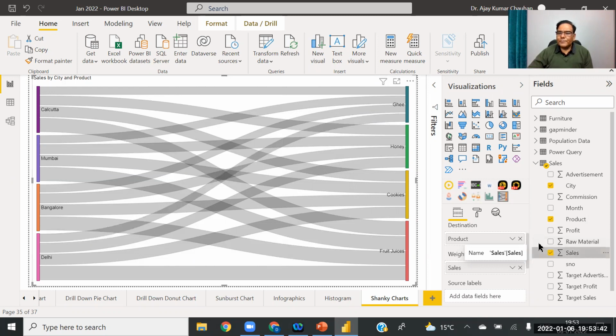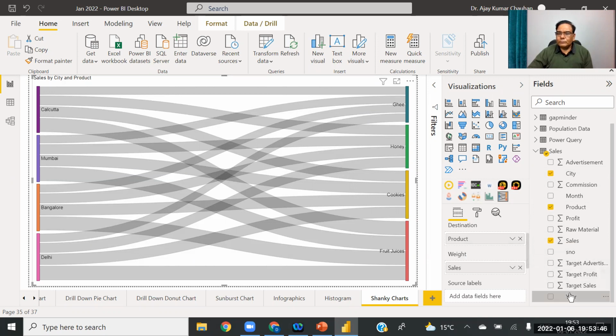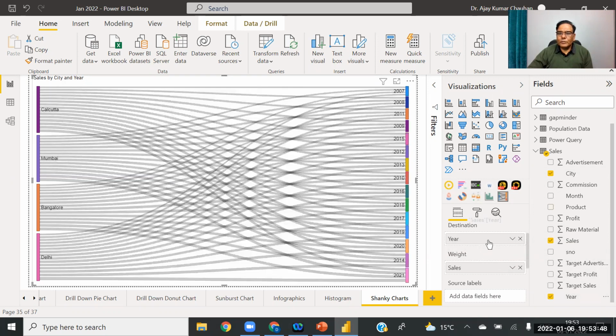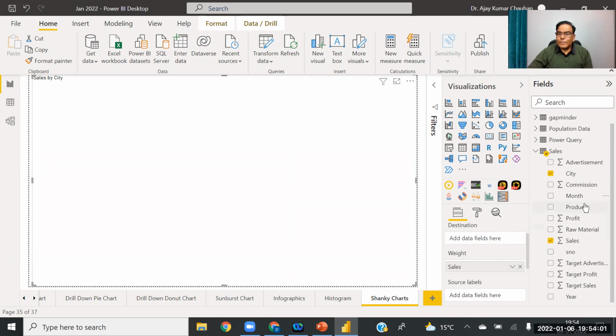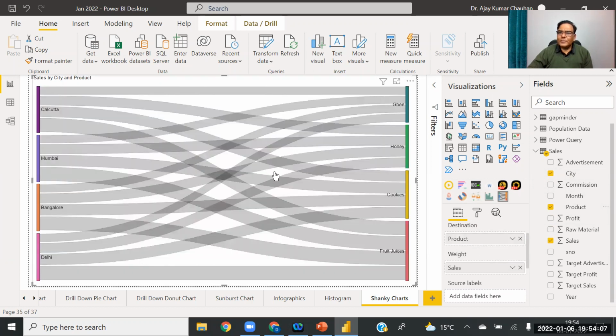You can also combine many variables. Yeah, if I combine year, then it will be too complicated. So you can combine two variables, city, product. I think this is better.